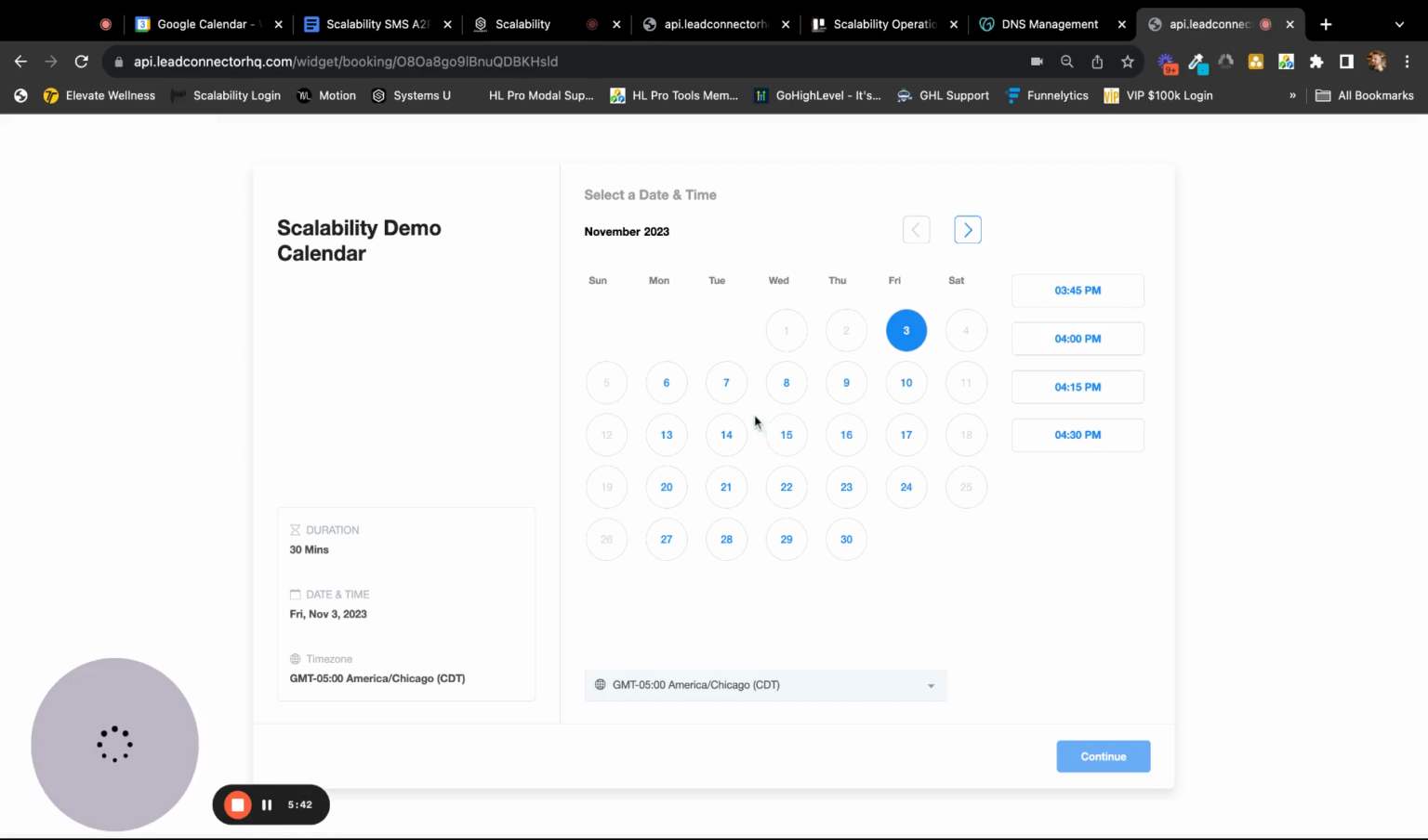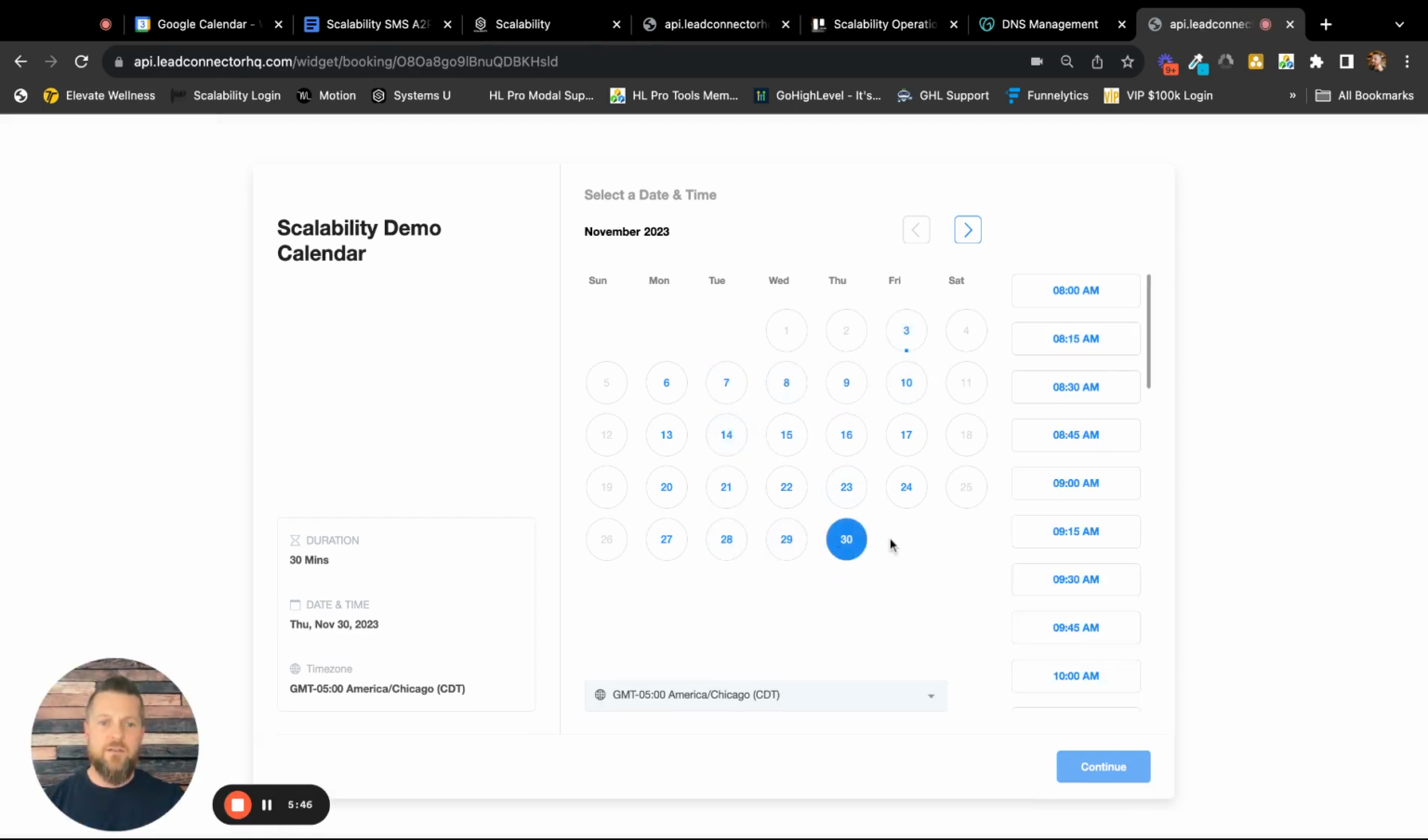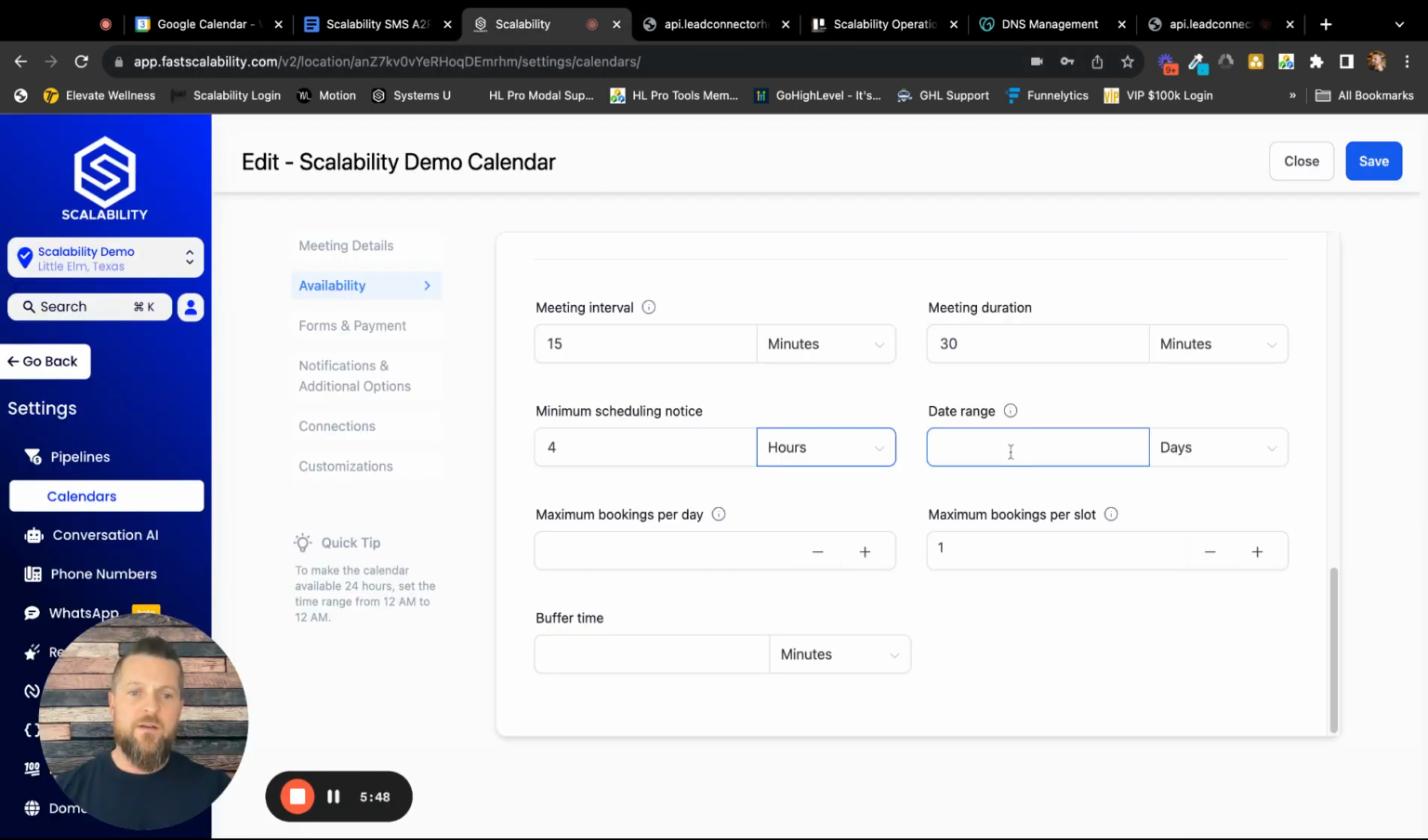The date range is actually saying how far out can they book. So if I look at the calendar here, it's showing the whole month of November has available days on it. But if I go back in here and I say date range, you've got new leads coming to you. You want them to book a time within 3 days, 5 days, 7 days, 10 days. This is where you would put that. So if I say 10 days and click save,